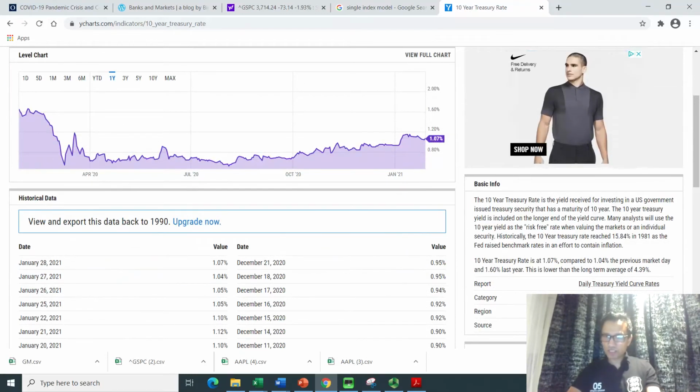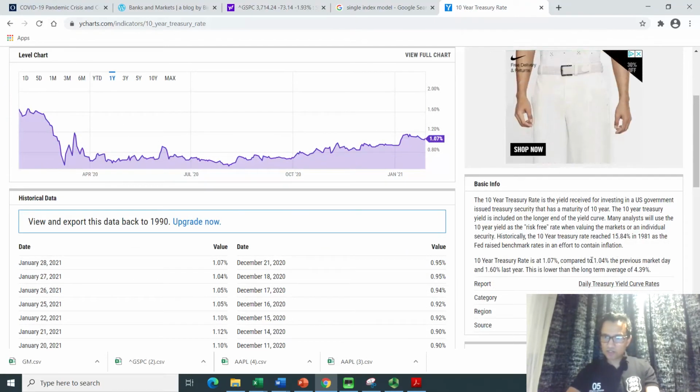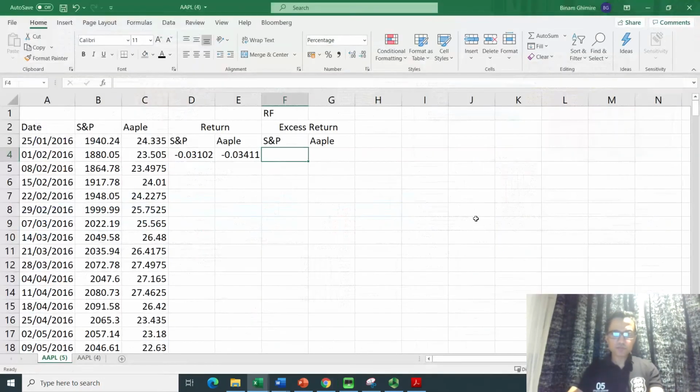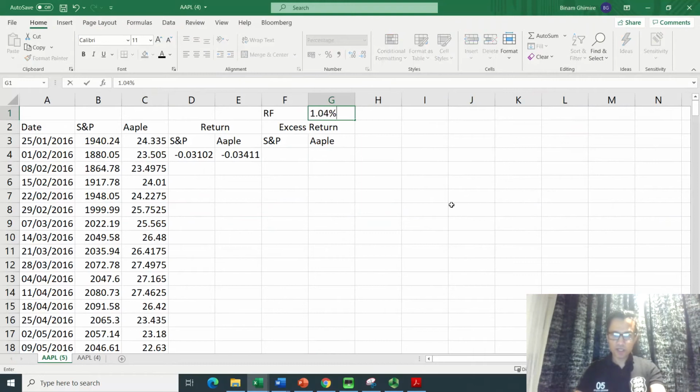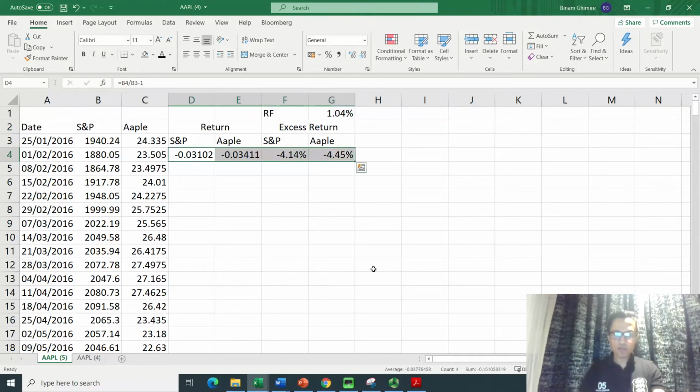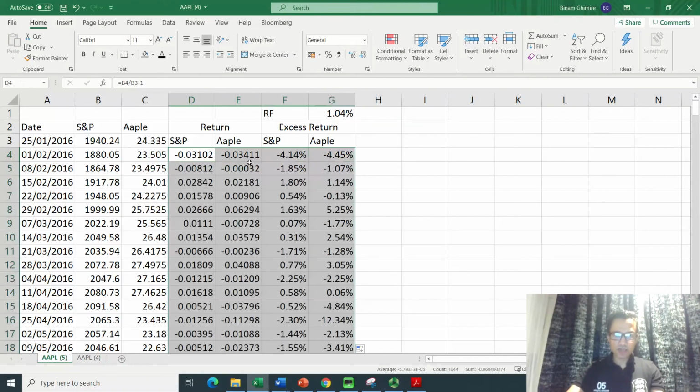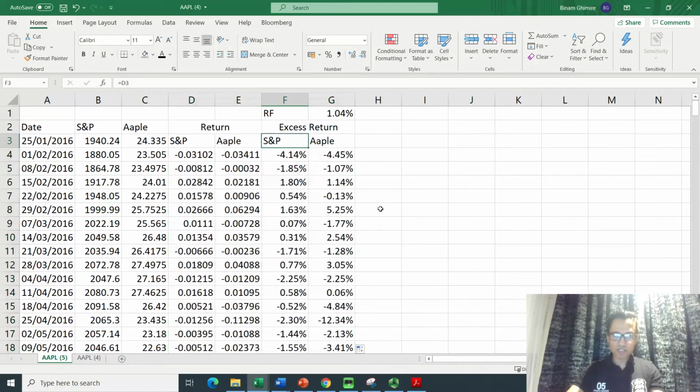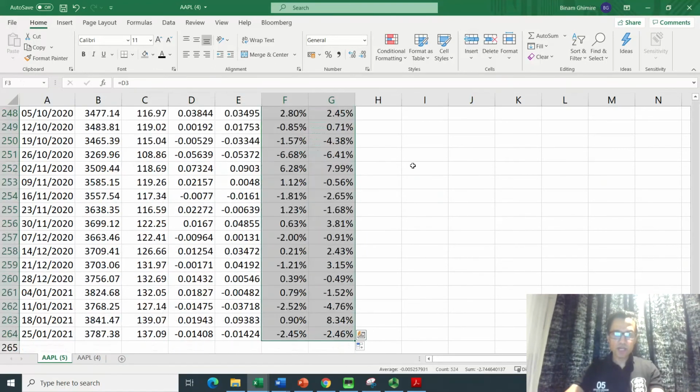So what I want to do is take something else. So I will just take this 1.04%, which is here again. This is just for example. So what I need is, in terms of excess, that is what I need, excess. So now I can drag it so it is also applied for Apple. So now I've got everything, so I can just double click. I've got this data. This is the excess return,